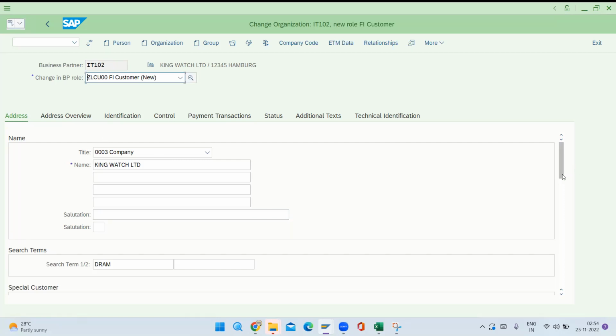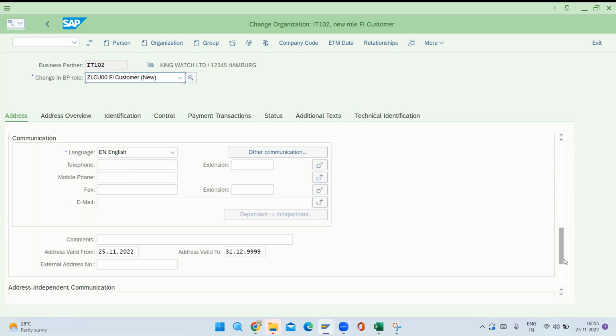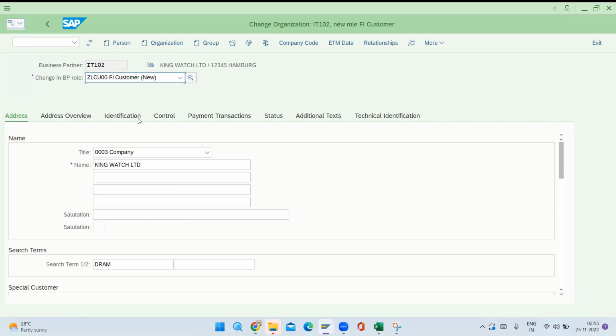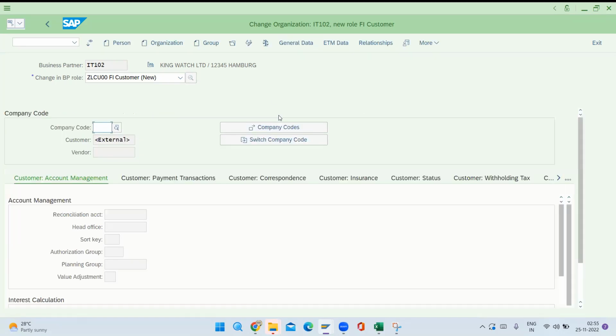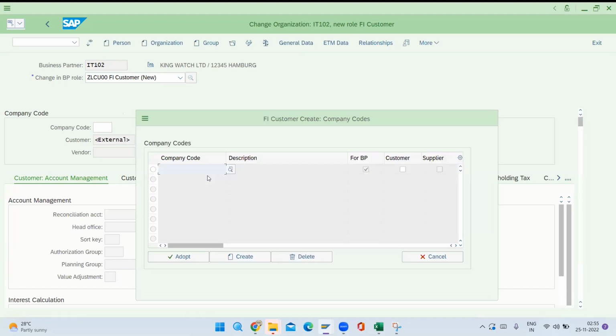So if any mandatory fields are there, star mark will be there. You have to fill this one. Okay. Let's check this. Otherwise, sometimes it will give the dump, and in another transaction will be there. You go there and you fix that one. That is different story. So let's go to the company code. Okay. So if you come here, company code